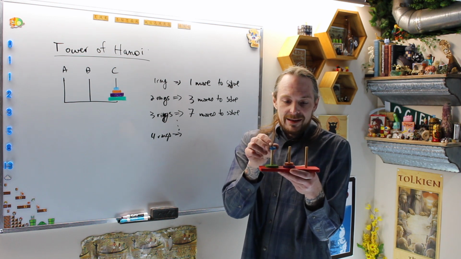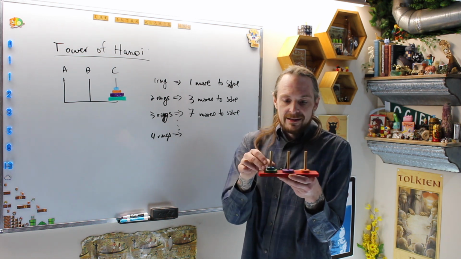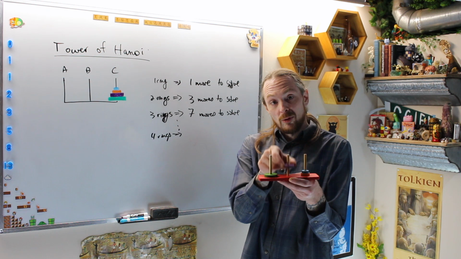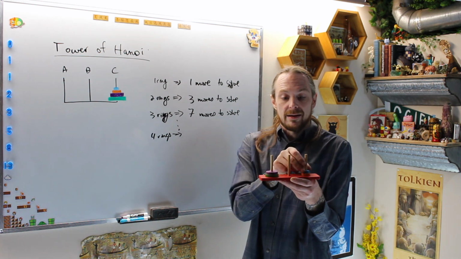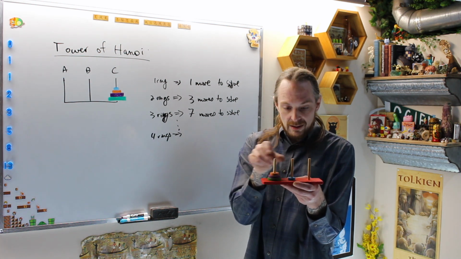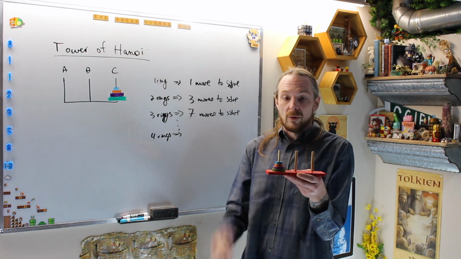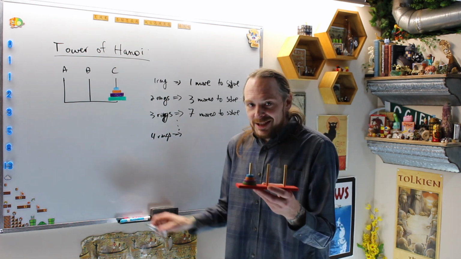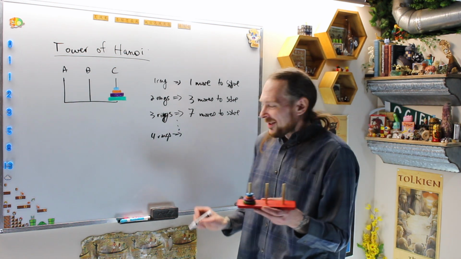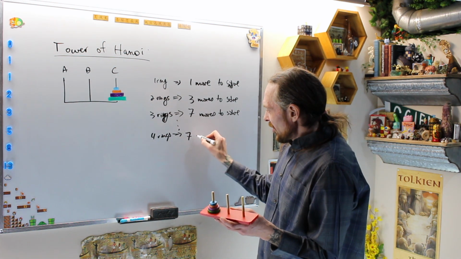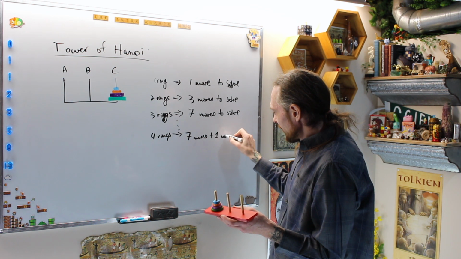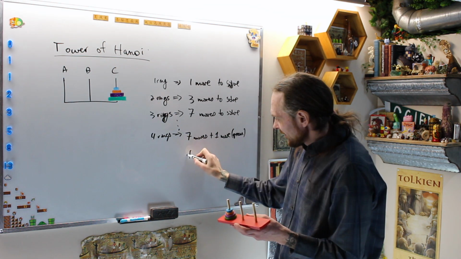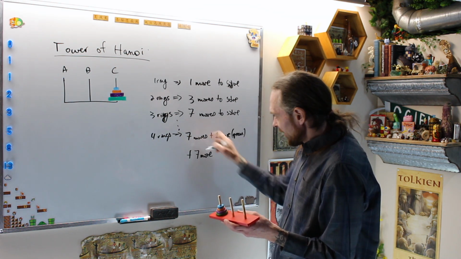So I'm going to do this, then this, then this. Move him there. Then move him off. Then on. We get the 4 ring. How many was that? I'm going to start cheating already and seeing what the pattern we want to start noticing. That was 7 moves plus 1 move for the green one plus 7 moves to solve the 3 ring puzzle